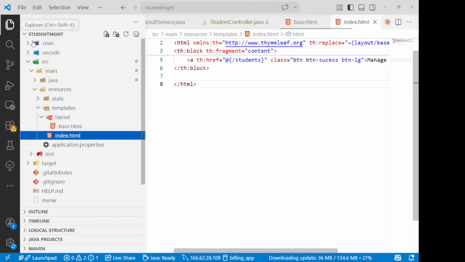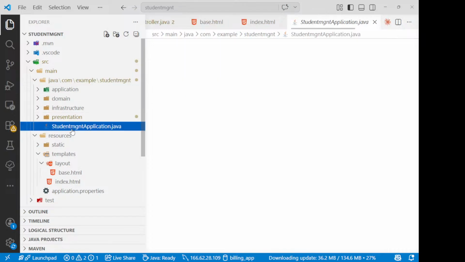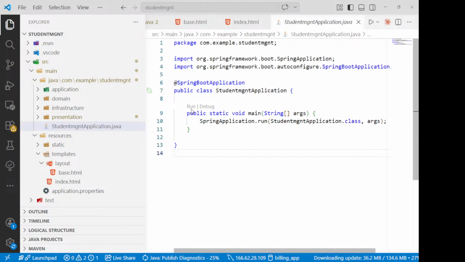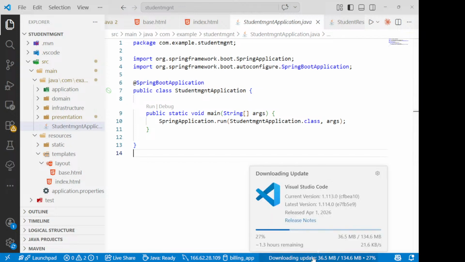Now we are supposed to run this. So simply go to your main Java, then this, and click on the run. This is working on this. Okay, what I can say is